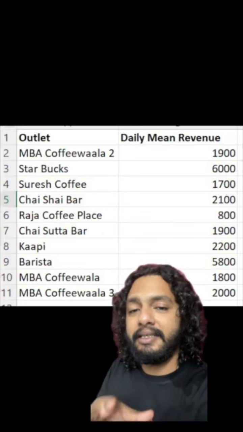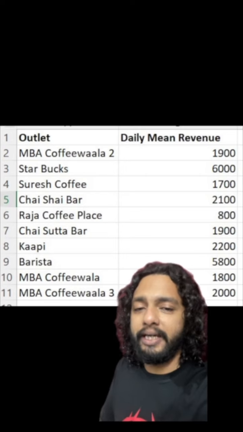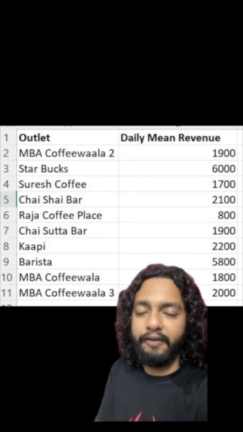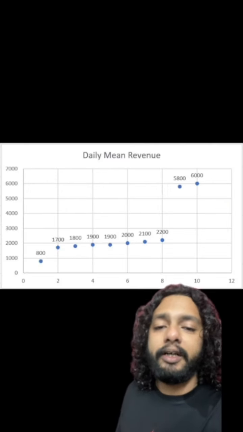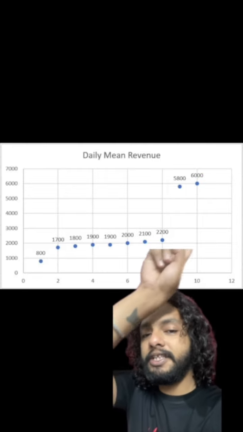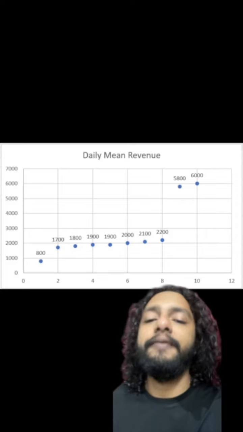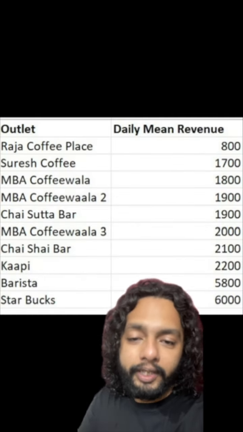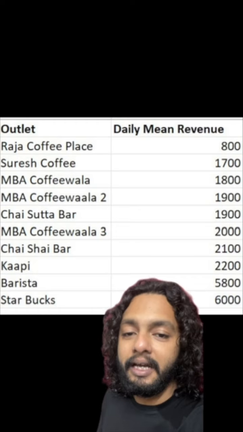Instead of simply answering the average revenue, what we're going to do today is try to define a range at which these coffee shops operate. You might wonder why we did not just choose to take the mean and the standard deviation like we did yesterday. It's because of these two outliers that we have up top that are very different from the usual data that we have. In order to avoid this effect of the outliers, I'm going to use something called